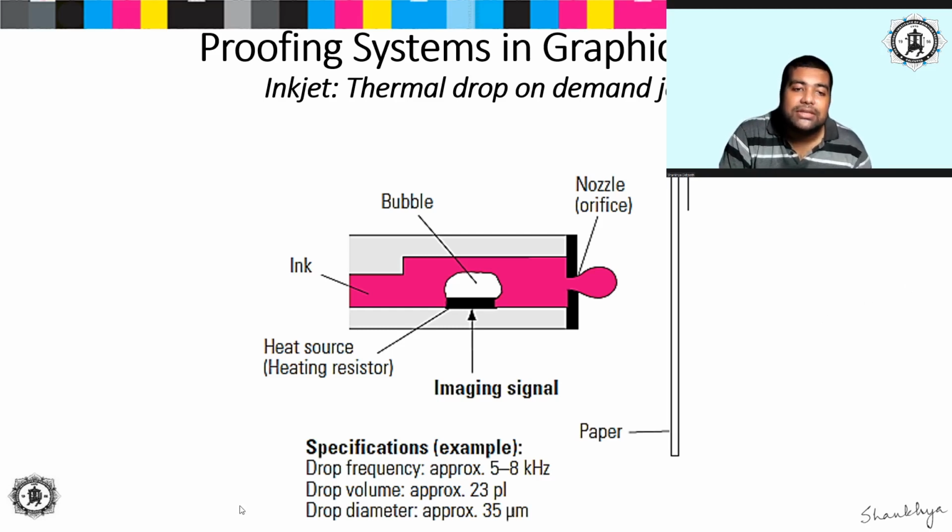So as you can see over here also, if you apply some heat over here, the ink which is in contact with the heating element, the heating resistor, will get evaporated and a gap will be created. This gap will lead to a formation of pressure. Because of the pressure, the ink will form a droplet and will try to come out from this orifice over here. Okay. Now, after this has been done and the droplet has been created, it is expelled through the nozzle.